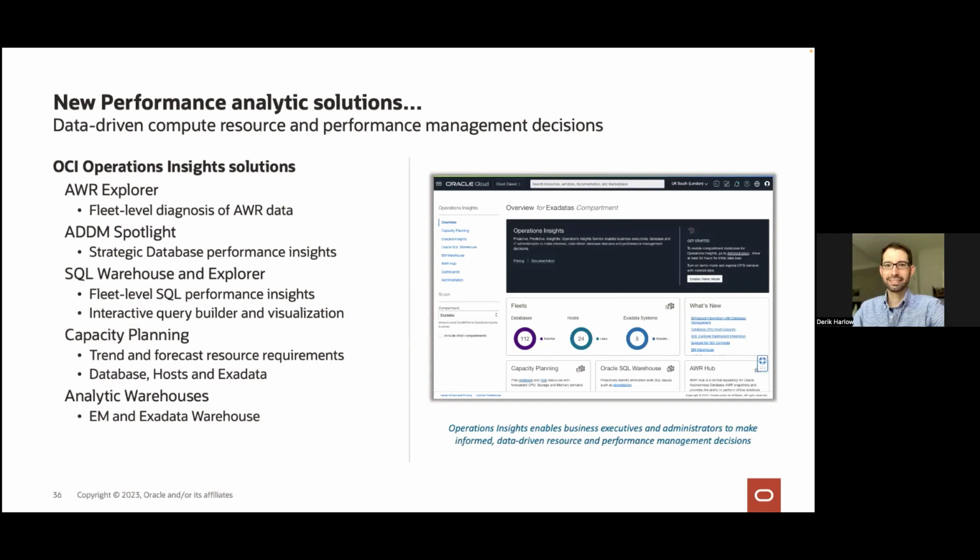AWR Explorer and ADDM Spotlight provide new ways of consuming and interpreting diagnostic reports for your databases. SQL Warehouse and Explorer stores long-term SQL performance metrics to provide trends across your database environments for specific SQL statements. Capacity planning forecasts critical resources for your database and host resources to prevent unexpected bottlenecks or provide assistance in consolidation